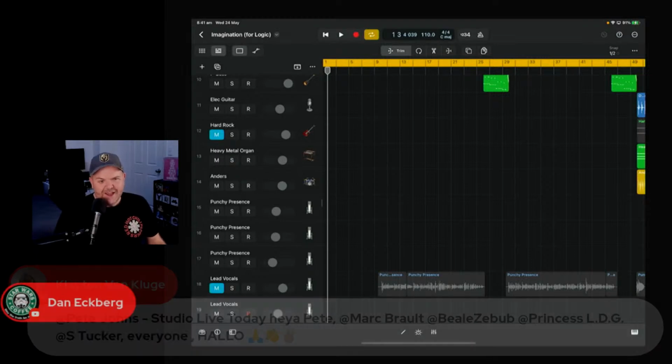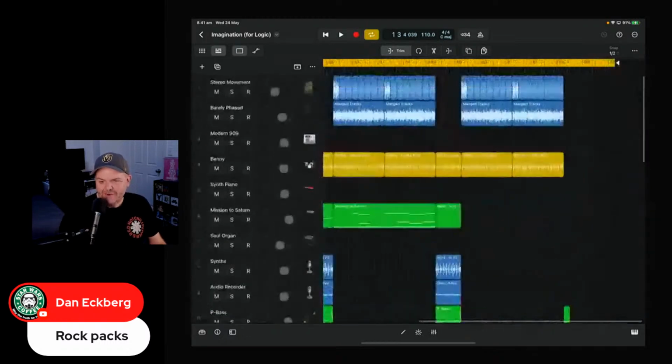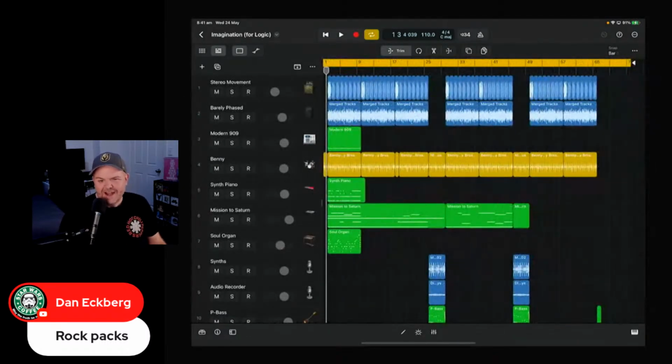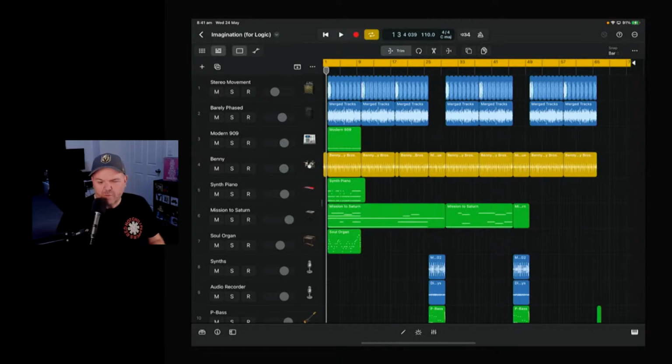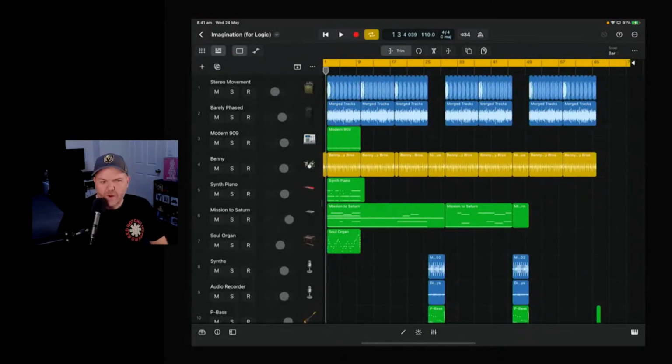Rock packs, yeah. I was waiting for the metal pack or the banjo, like the country pack or something. Any folk music packs for us? Folk music, acoustic folks? Not quite. It is probably more designed for your electronic music creators, but that doesn't mean we can't use it as well. As you'll see, I'm going to bring in one of my punk rock tracks afterwards and have a play around with that.